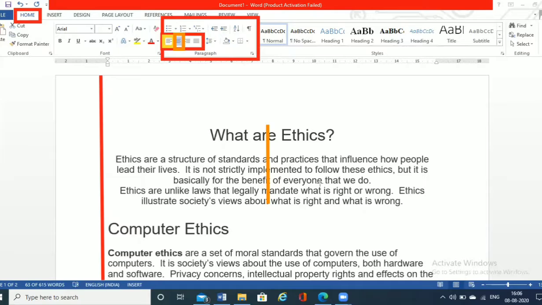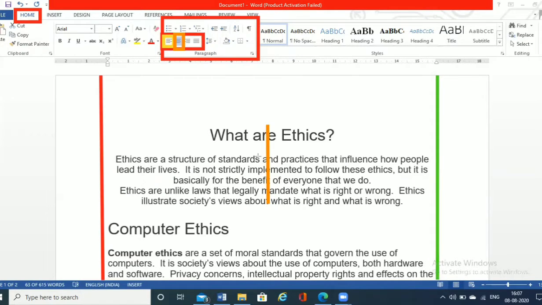What does align right help us in? In the right alignment, all the selected text moves towards the right edge of the page. Where is the right edge? I will show you. Here is the right edge. As soon as you select the right alignment, all the text moves towards the right.